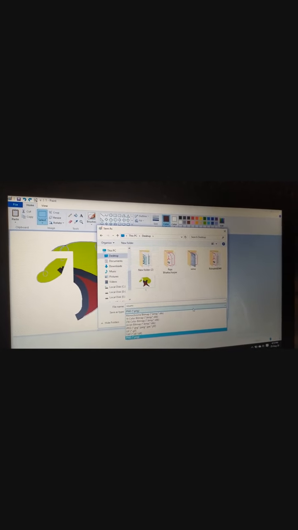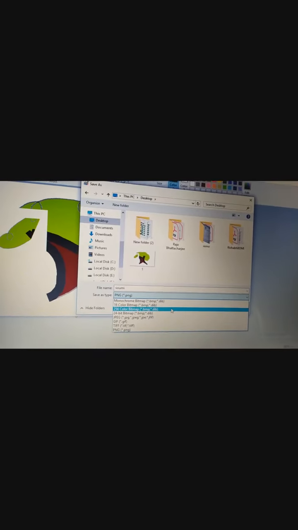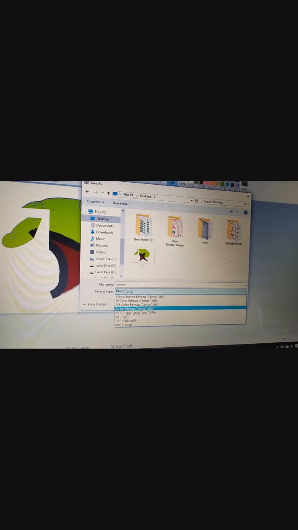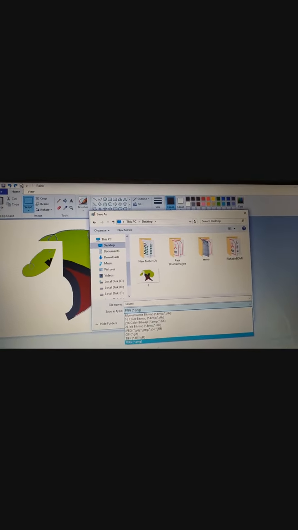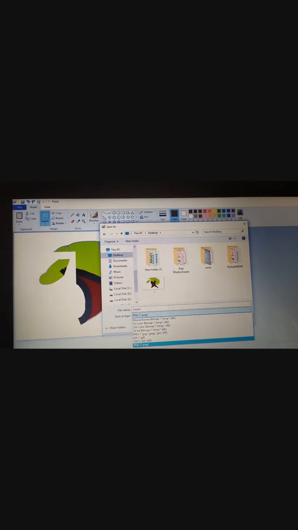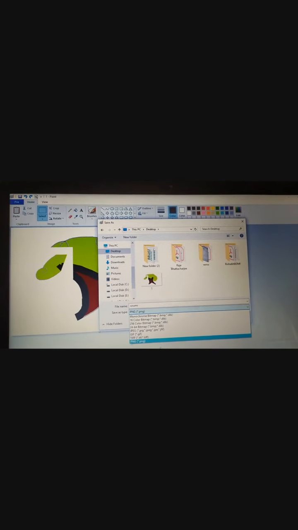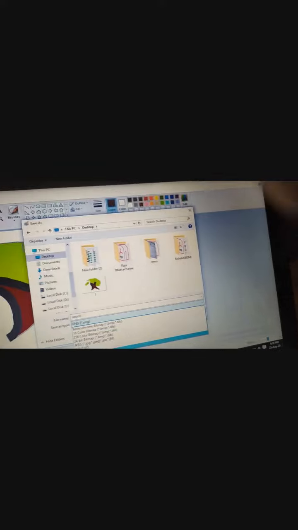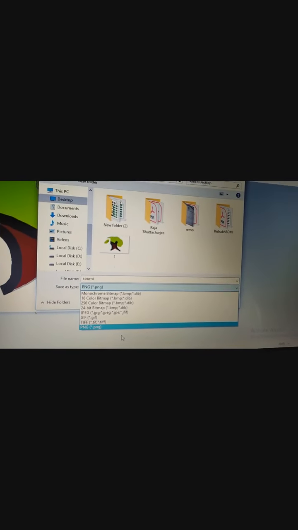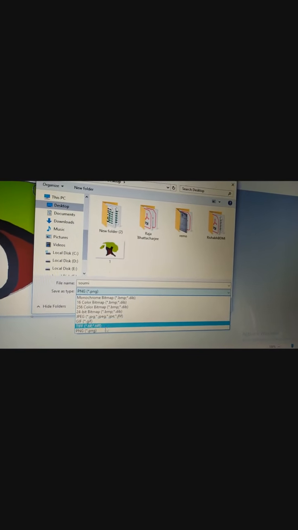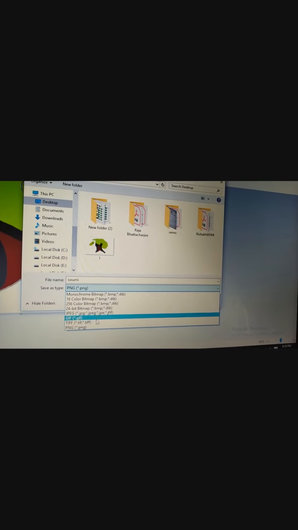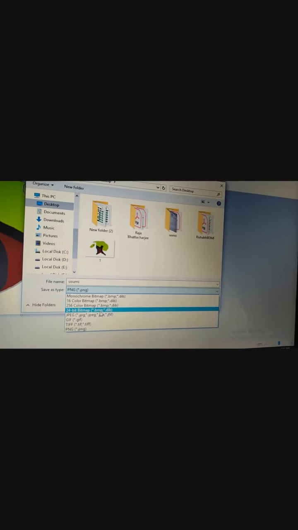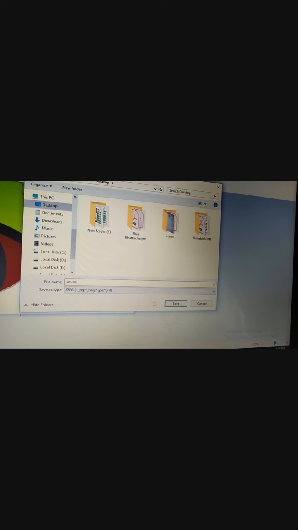The file can be saved in this many extensions like .png, .bmp, .gif, .jpg. So different formats you can select. Let us select first JPG and save it.